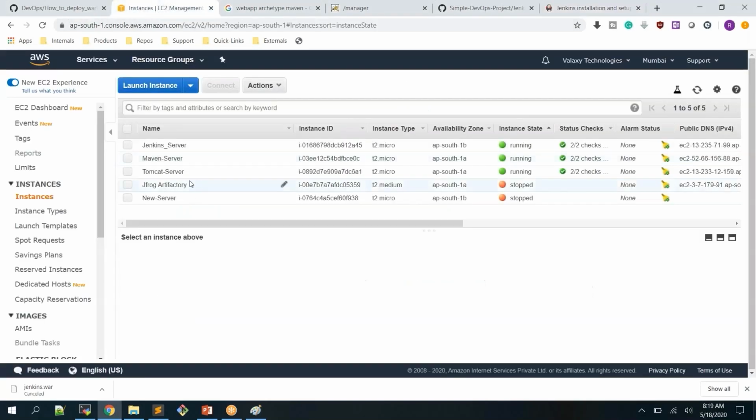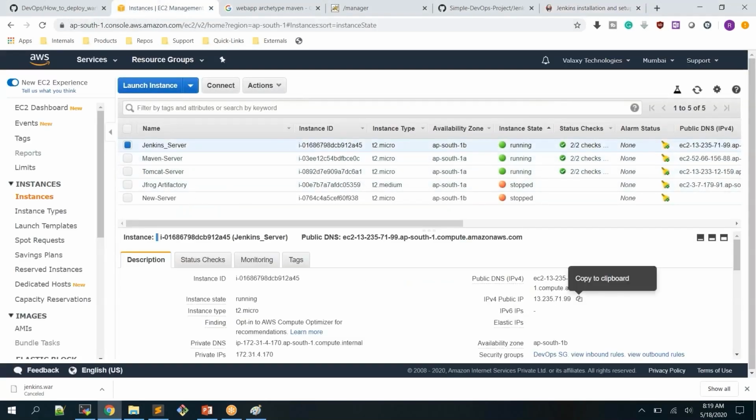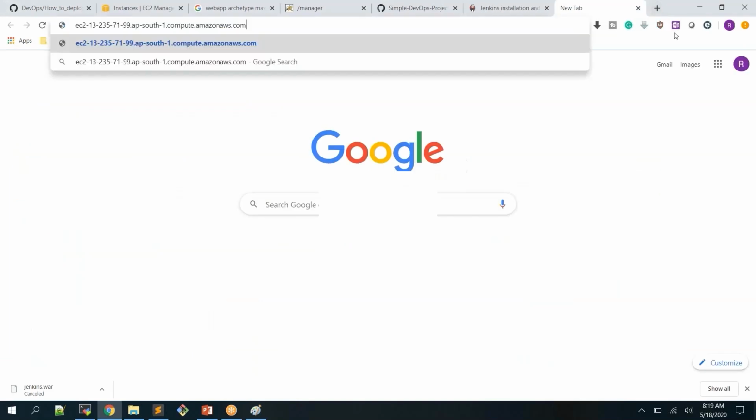To access it, go to the Jenkins server and take the IP address, or else most of the cases I'm going with the DNS name. Why? Because of some restrictions in the browser. So from now onwards, I will go with the DNS names, not with the IP addresses. So here you can see port number 8080 we are using,